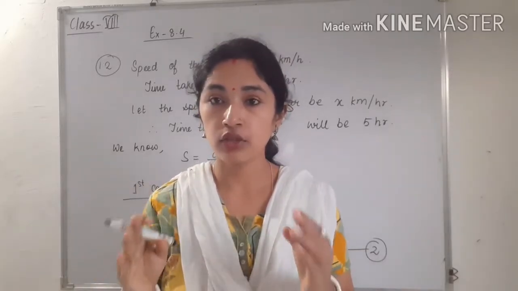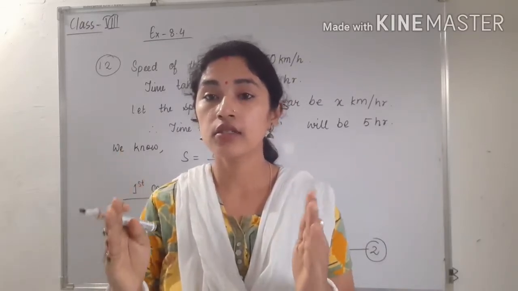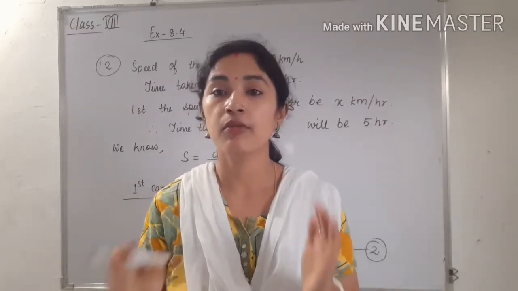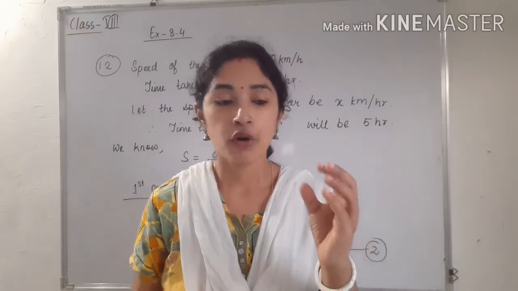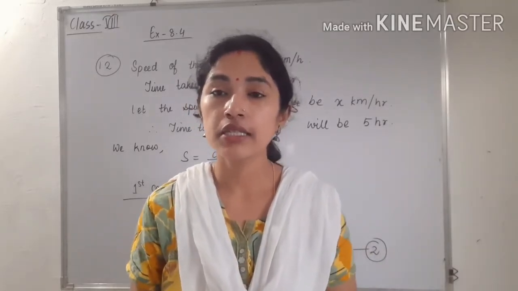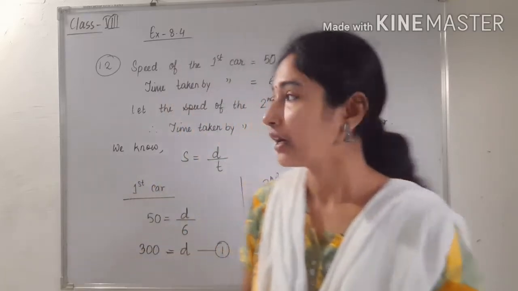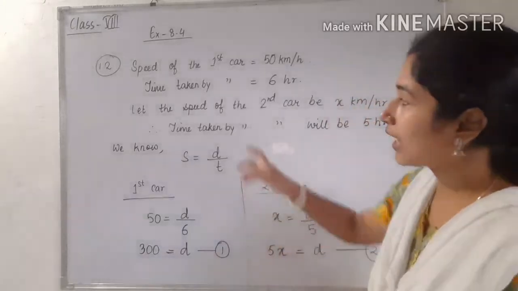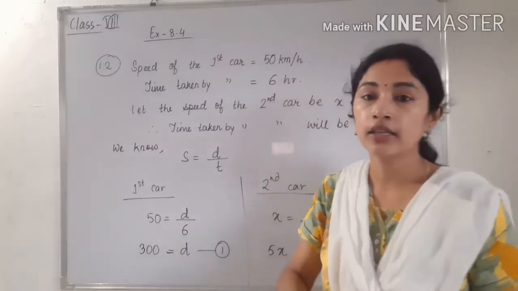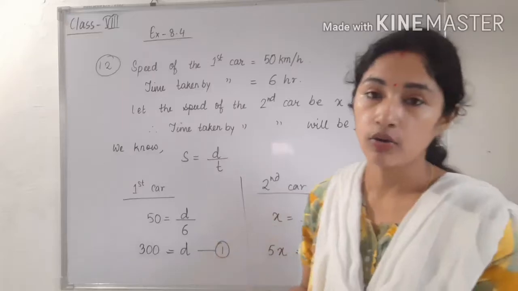Okay, so you have to think that point. Okay, that point is very important. That is distance traveled by the two cars from 11 am to 5 pm is same. Okay, so from 11 am to 5 pm, just find the time. Yes, you can easily calculate the time from 11 a.m. to 5 p.m. This will be what? 6 hours. That means car 1, time taken by car 1 will be what? 6 hours.